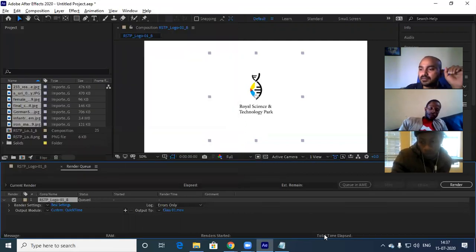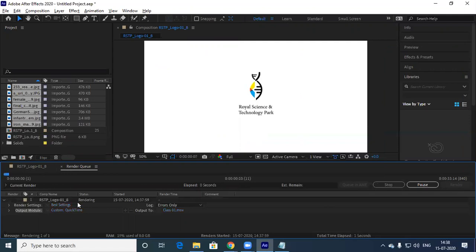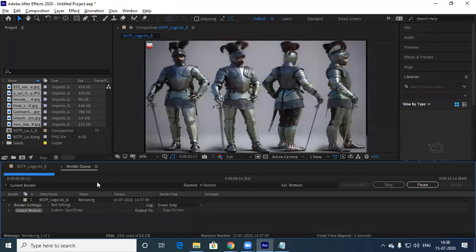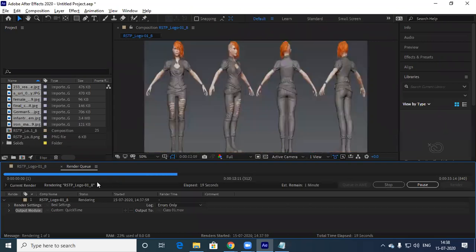So after this, I'll give render here. Now you see it is rendering. The video it is rendering now. It's quite simple one. There is not much difference. Even for these images also we can do scale animation so that zoom in, zoom out will be there. It looks good. So we'll do all these things in the coming classes.